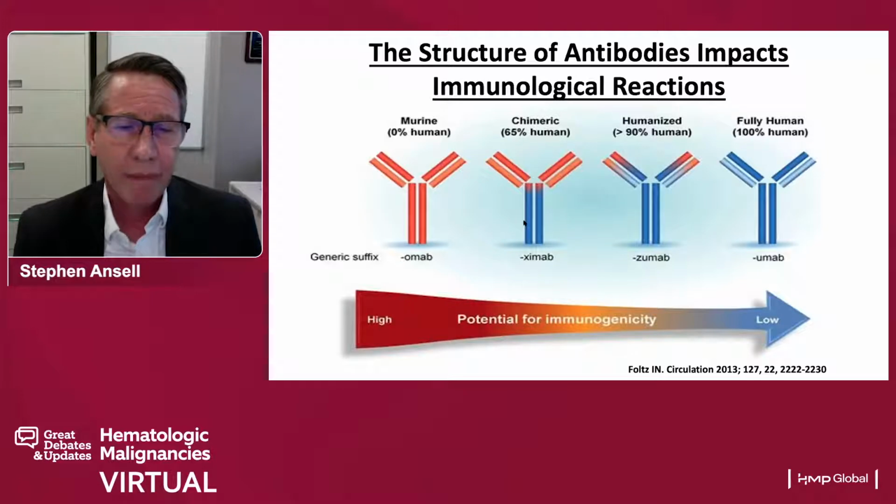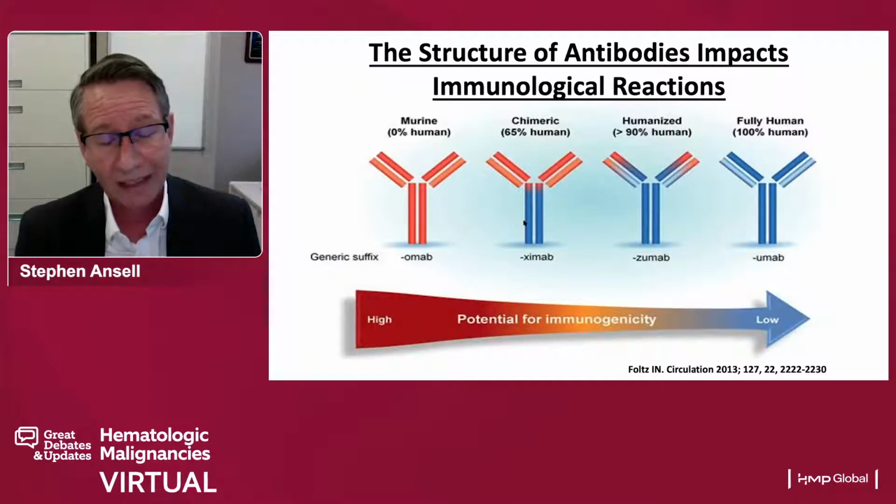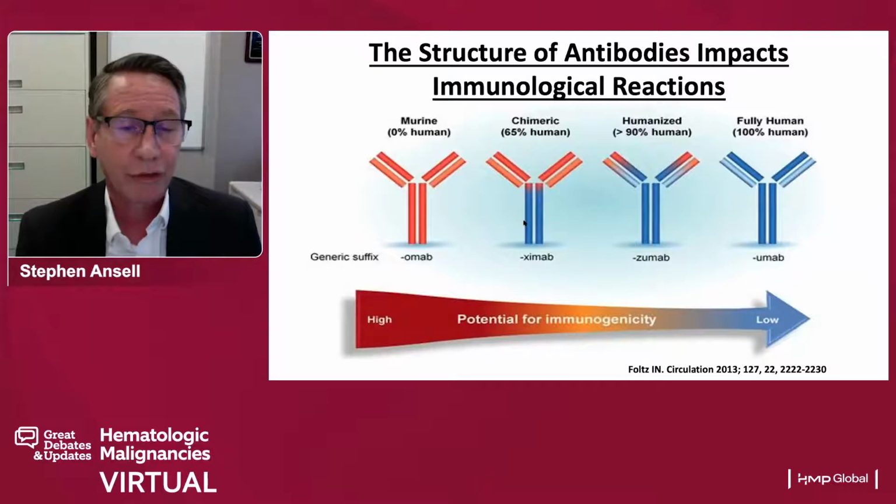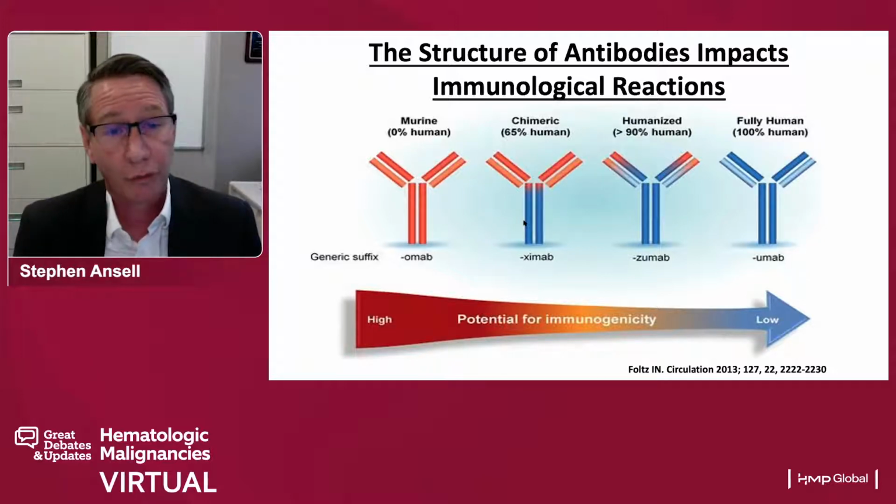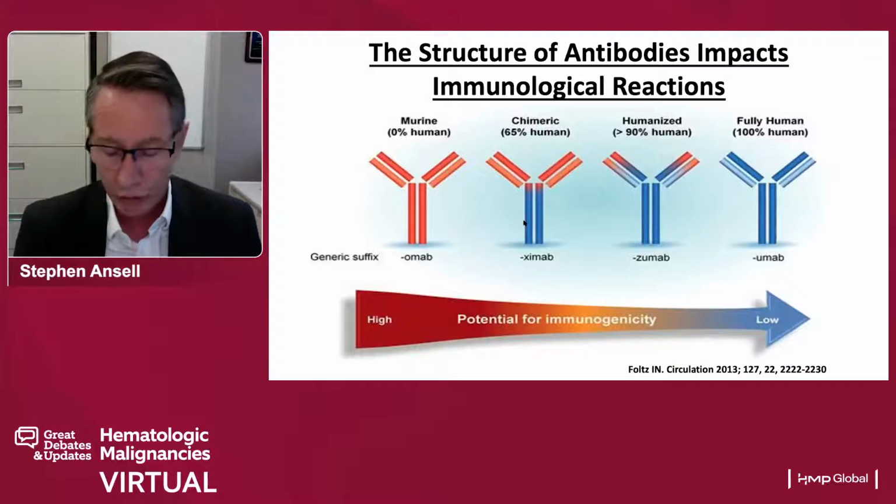Firstly, as we start off, we need to remember that aside from the effects that we will have directly on the immune system, the actual therapies that we give will have an effect. So as we're thinking particularly of strategy number 1, which was to provide immune checkpoint blockade using a monoclonal antibody, you can see that depending on the type of antibody you're using and the amount of human versus mouse or murine products that are present within the antibody, the degree of immunogenicity that is developed specific to the antibody can vary greatly. So this can be true for the monoclonal antibodies, but this can also be true for CAR T